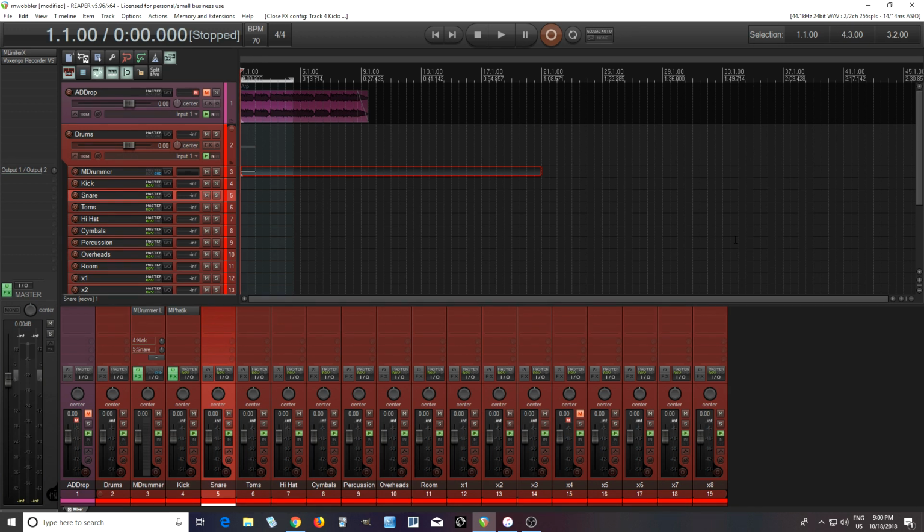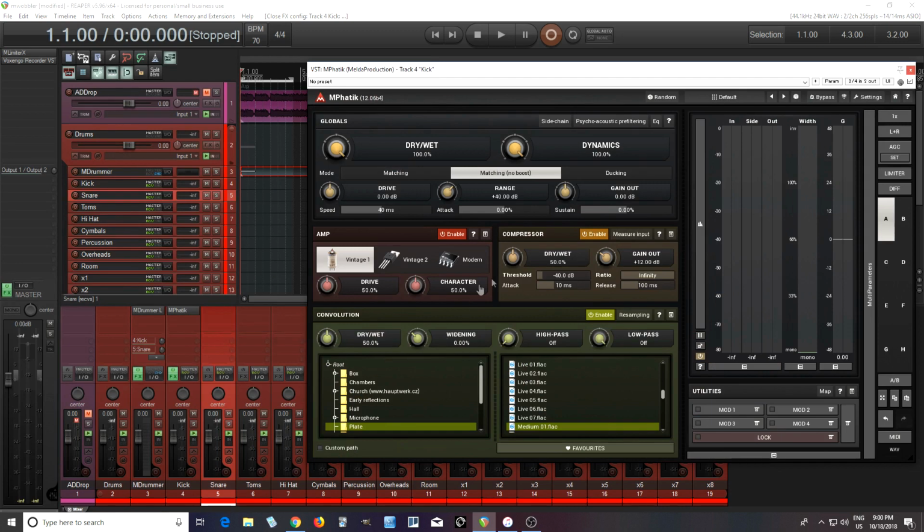Today I thought I'd show you how you can use MPhatik. For those that don't know, MPhatik is a dynamic processor. It's not a normal dynamic processor though, but it will allow you to do things like compress your sounds, distort your sounds, or add reverb without really changing the dynamics. It's interesting in that way, so it allows you to add a little bit of space, distortion, or compression without changing the attack of your sounds if you don't want to, and you can actually blend in how much you